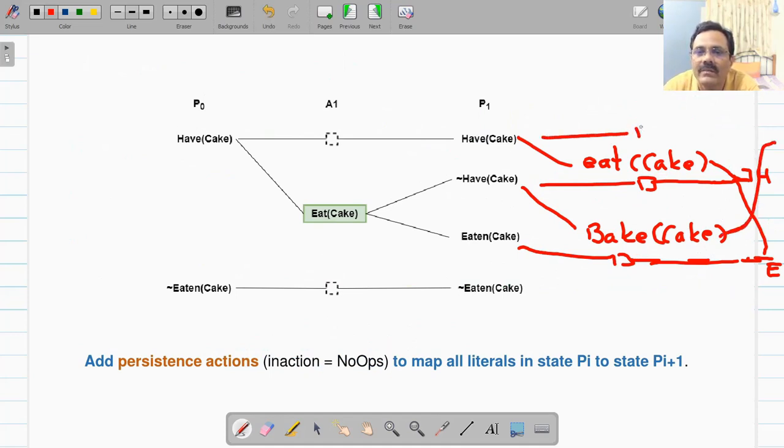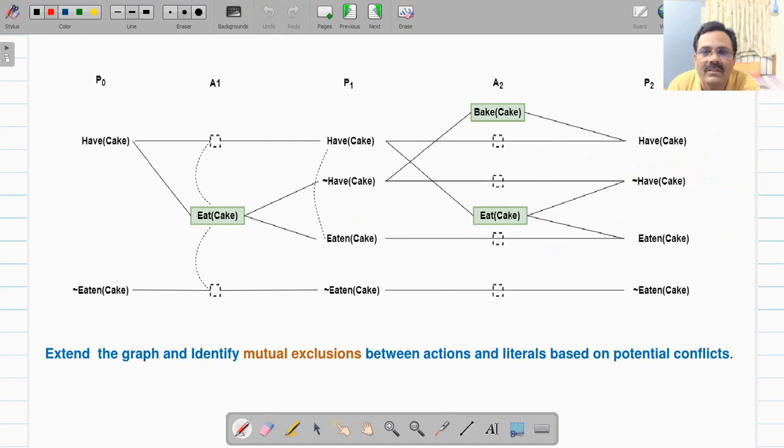So have cake will be available with a no-op or maintenance link again here. So this will be your A2, and then here you will be writing all those 4 propositions, and that will be your proposition layer P2. So it will look like this.